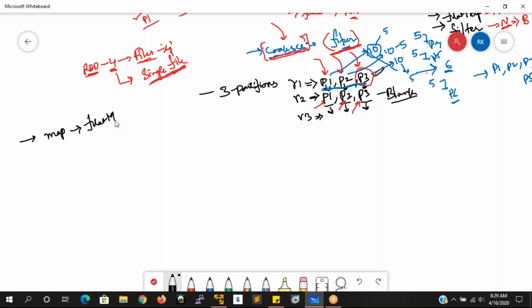What is the difference between these two? When to apply map, when to apply flat map, and coalesce. And we have to apply coalesce and repartition. These are very important for us. That is the reason I am discussing this first.